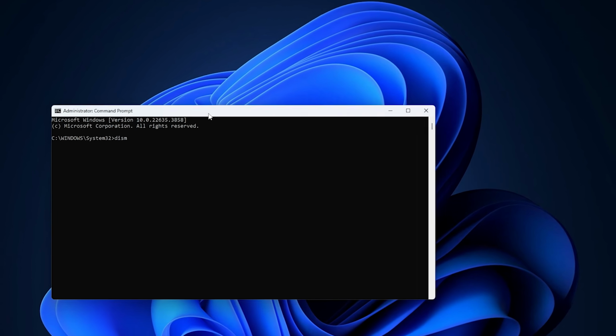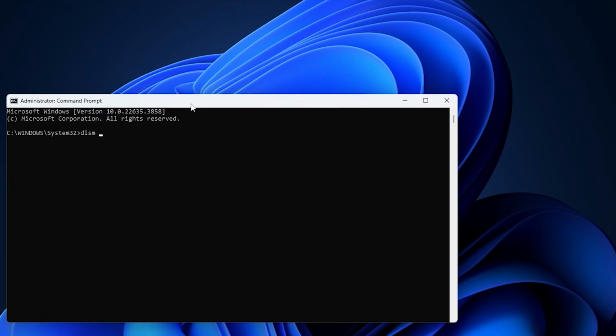We're going to be using DISM again, but this time instead of capture image, we want to export image. So we want to do /export-image, and then we want to tell it what the source file is. The source file is going to be the WIM file that's on our USB drive. So for that, we're going to do /source image file colon, and then we're going to use our parentheses here, and we're going to use drive E